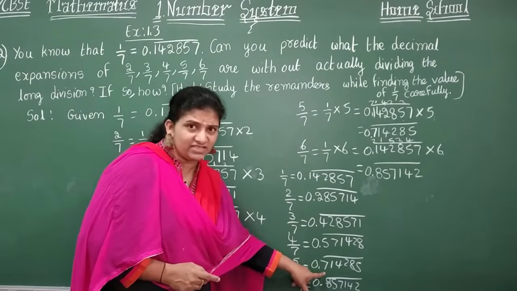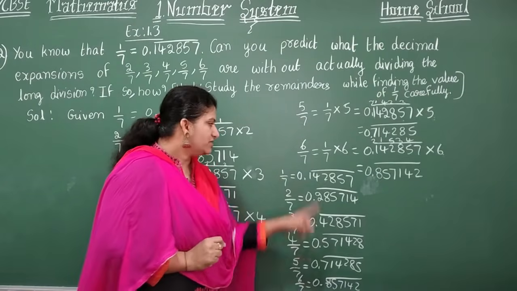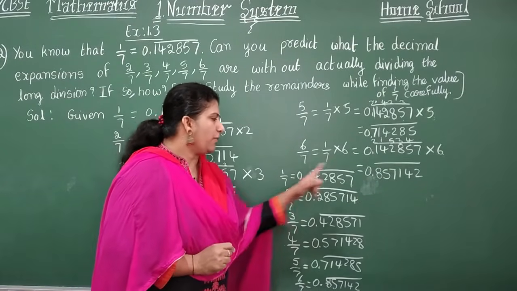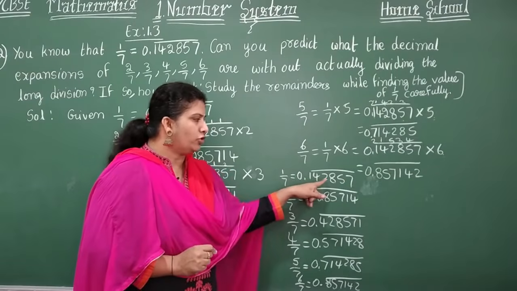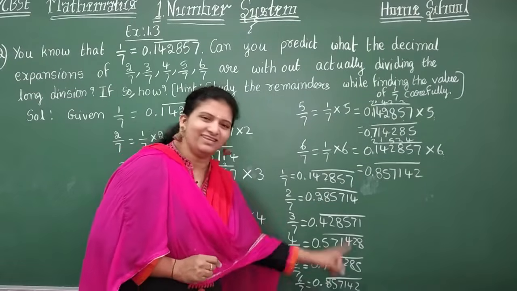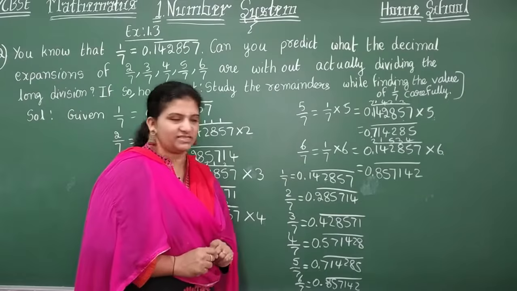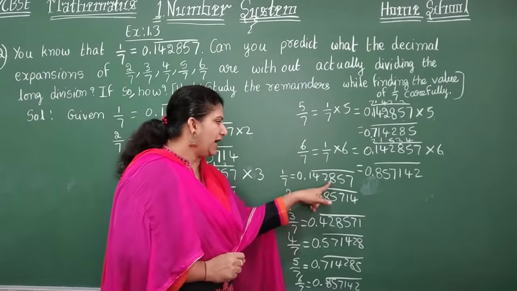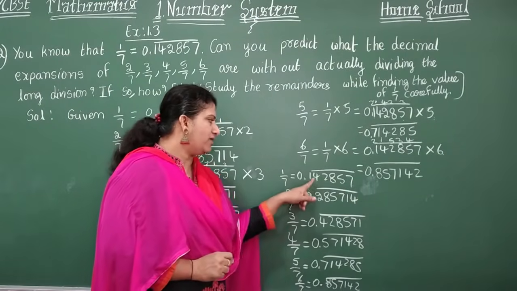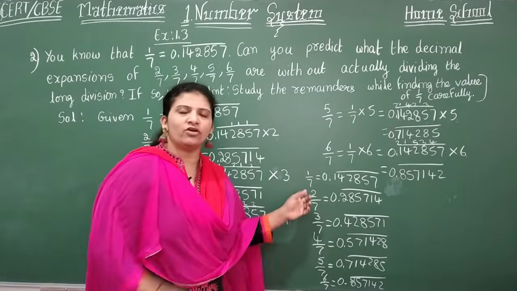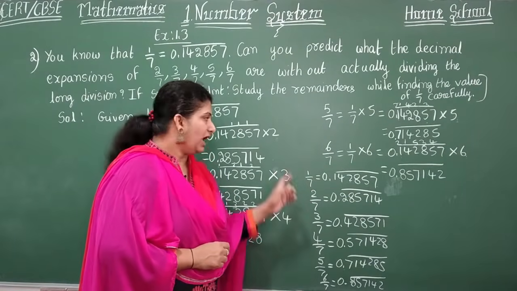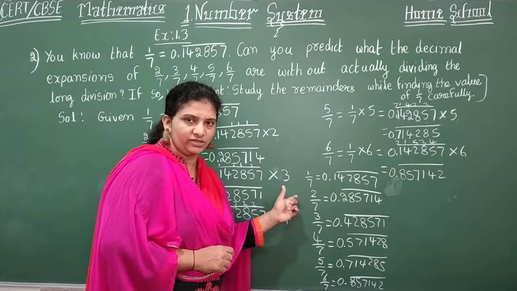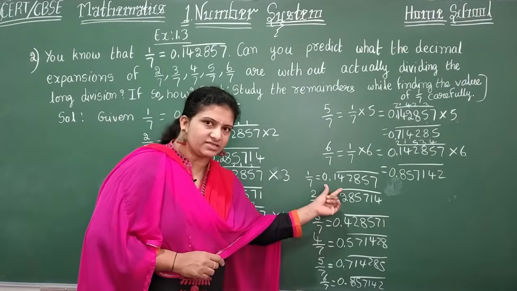5 by 7. I was just seeing only first digit. 0.7, 0.714285 there. Similarly, 6 by 7. 0.857142. So finally what we can decide here, children, after doing this calculation part, what we get answers, if you